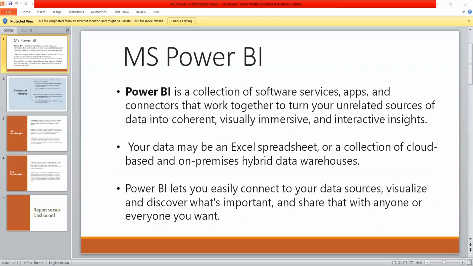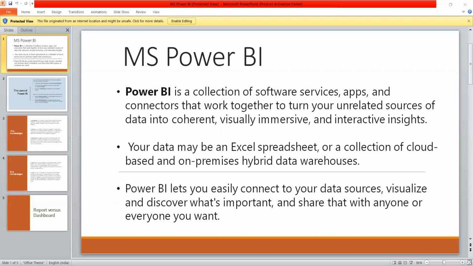A dashboard collects your most important metrics on one screen to tell a story or answer a question. Dashboards even have a question and answer feature where we could ask some questions, and based on the AI, those are answered. Power BI provides us with those answers. The dashboard content comes from one or more reports and one or more data sets. Again, there could be multiple sources for a dashboard, and those could be Excel files, databases. We could simultaneously pull data from multiple data sources for a dashboard.